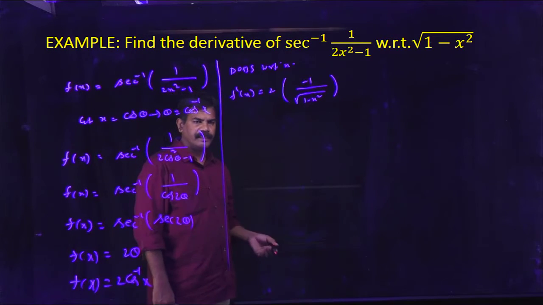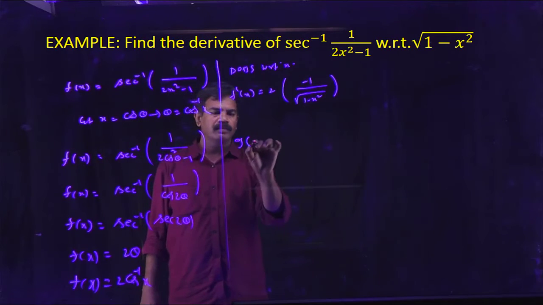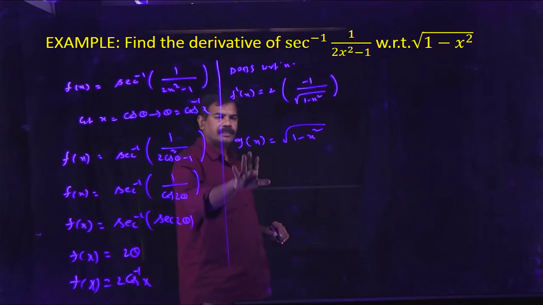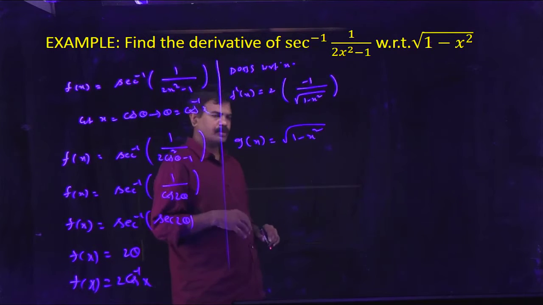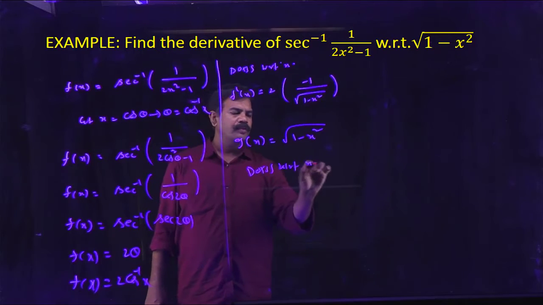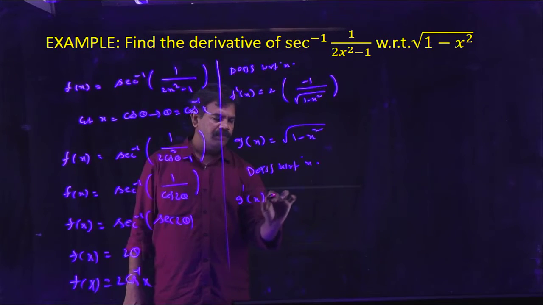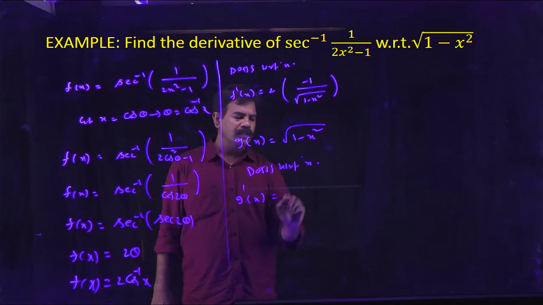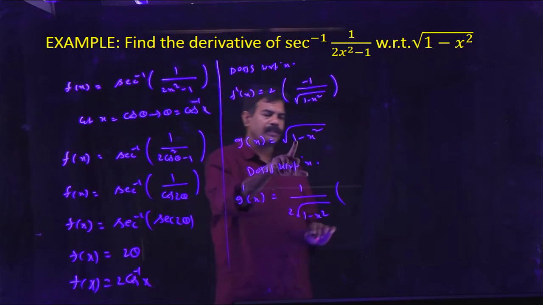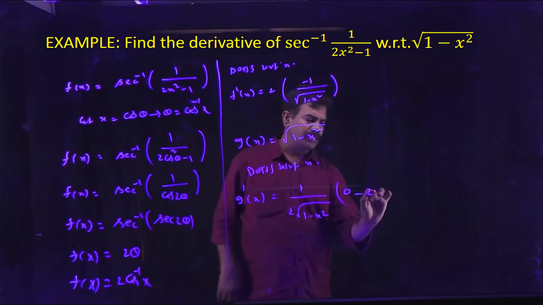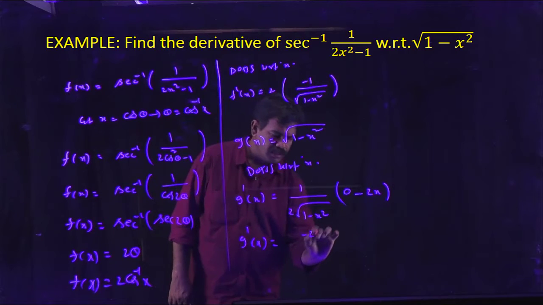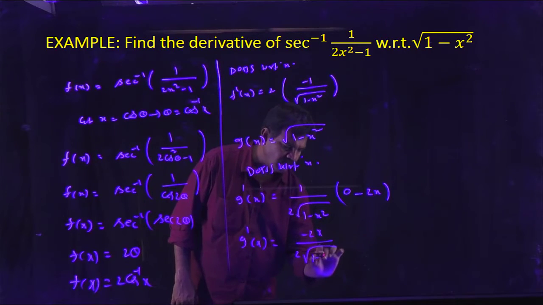Now find the g dash x. Take g of x is equal to root of 1 minus x square. So this function we directly differentiate. There is no need of substitution. Differentiating on both sides with respect to x. Derivative of g of x is g dash x. It is in the form of root x. We know that derivative of root x is 1 by 2 root x into derivative of constant, that is 0, minus derivative of x square is 2x. G dash x is equal to minus 2x by 2 root of 1 minus x square.